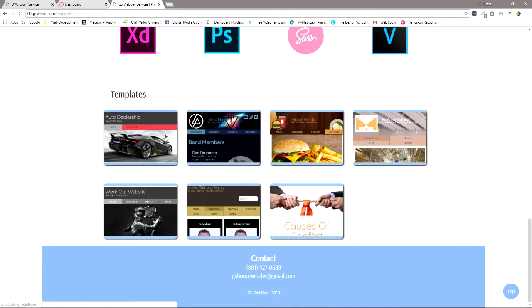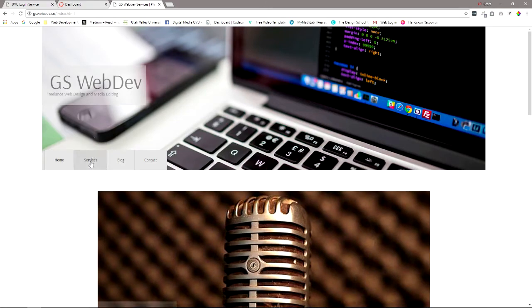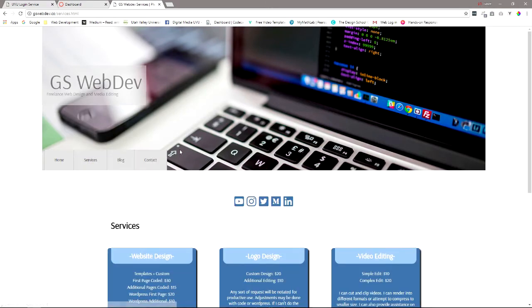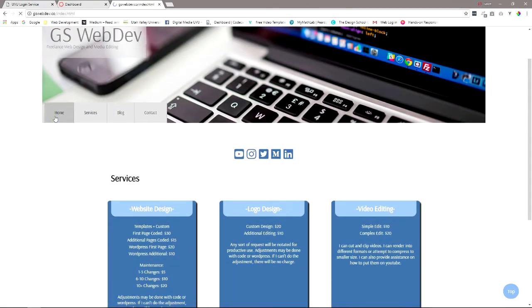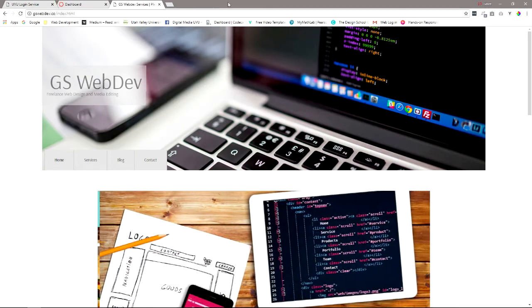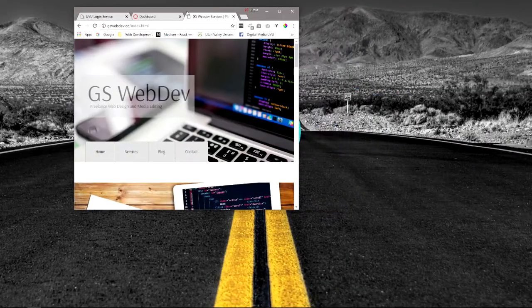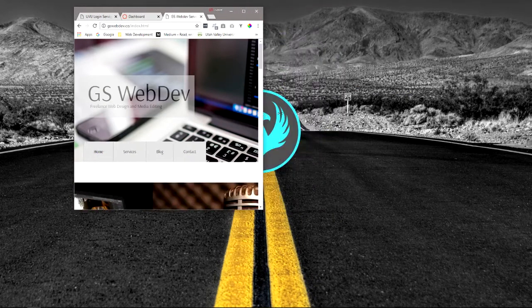If you go to my website, GSWebDev.co, you can take a look at these. They don't look too bad. We've got the back to top button, which is available for the services page as well. And here's what I want to talk about involving my website. It is responsive. Now if you don't know what the definition of a responsive web design is, it basically means that it was coded in a particular way